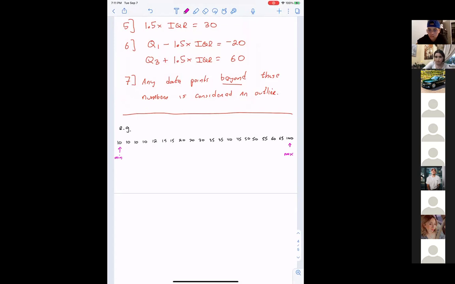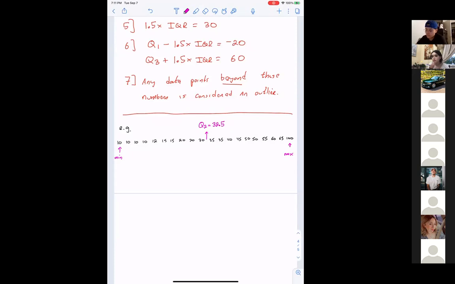Between the 30 and the 35? 1, 2, 3, 4, 5, 6, 7, 8, 9, 10. Okay, right here. 10.5. So what is the median equal to? 32.5. 32.5 would be the median. We agree? Okay. Now, let's find Q1, which is the median